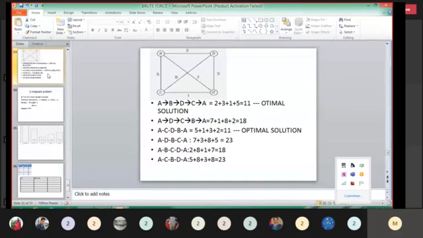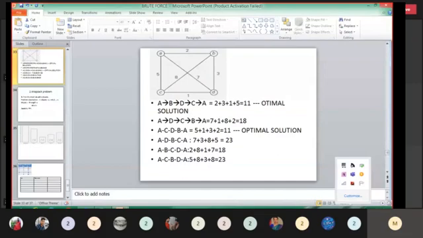Clear, everyone? Otherwise, if the city names are numeric, you can consider it as 1. If it is in alphabets, you can consider as A. If they mention the source as B, you can start from B and again end the tour in B. Optimal solution will be same. Clear?